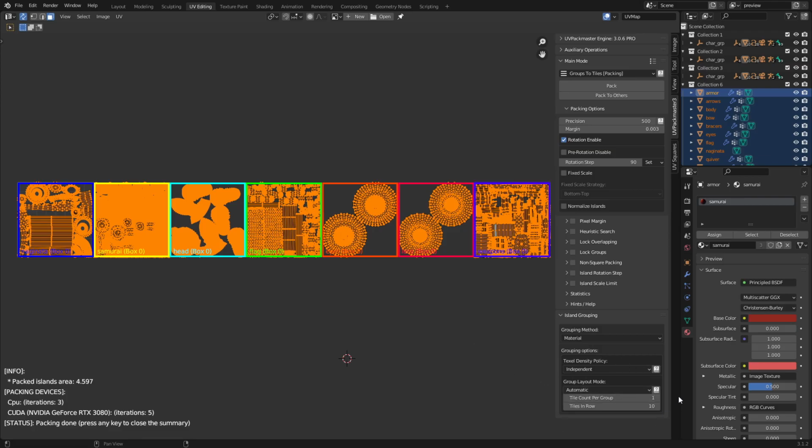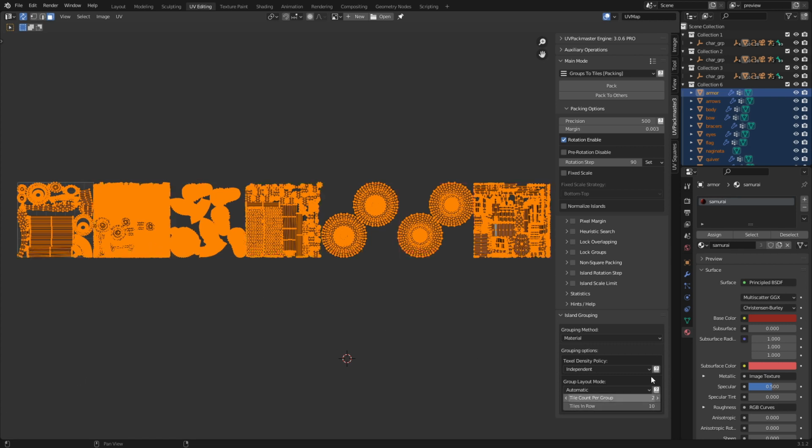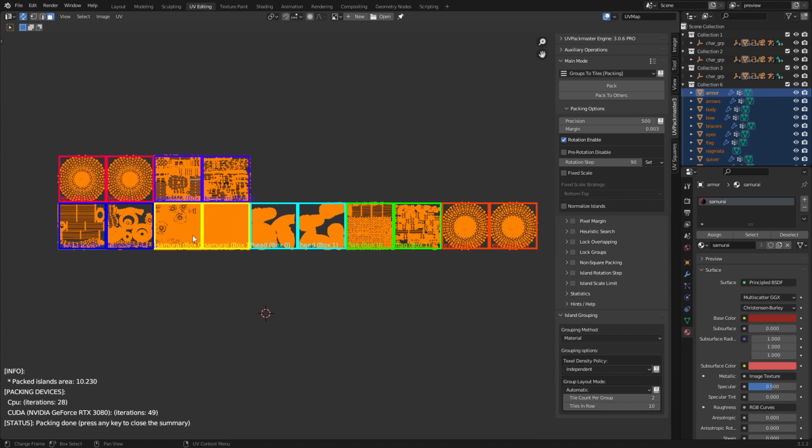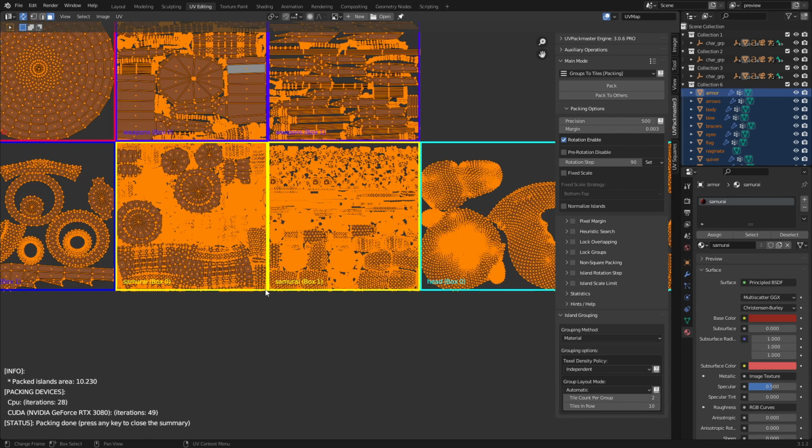So let's talk about the group layout mode now. So we can see our tile count per group. I've got one here. What that means is that for each UV space, there is only the one UV map. So now if I go ahead and increase that to 2 and go pack, we can see now that our UVs have doubled. So now we've got 2 UV spaces for the head, flag, eyes, samurai, just allowing us to